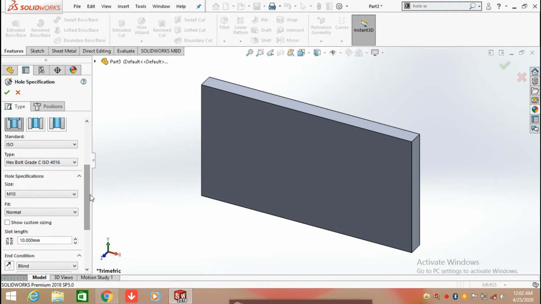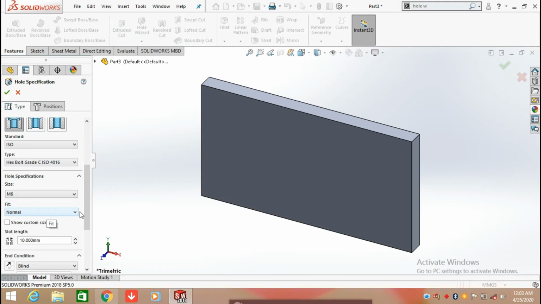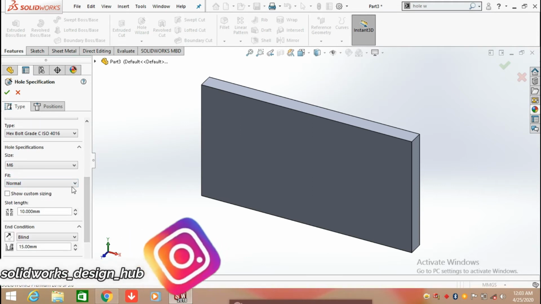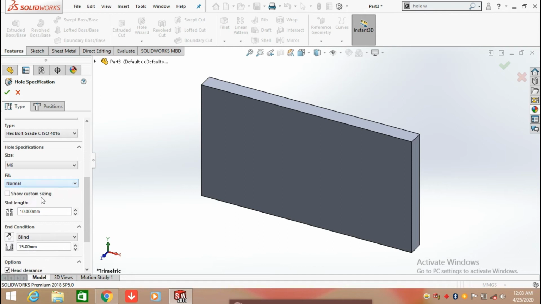The next option is hole specification. From here we can define the size of the hole. There are a number of hole sizes available. The next option is the fit of the hole. You can make it normal, close or loose. So here click on show custom sizes.